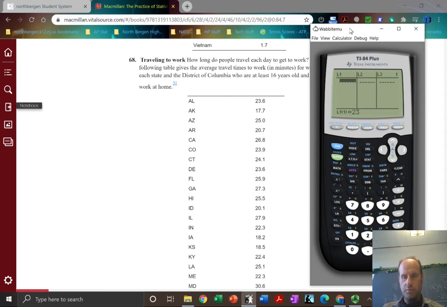So we have 23.6, 17.7, 25, 20.7, 26.8, 23.9, 24.1, 23.6, 25.9, 27.3, 25.5, 20.1, 27.9,